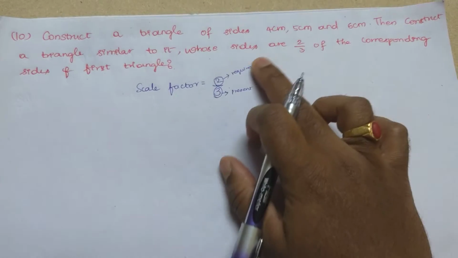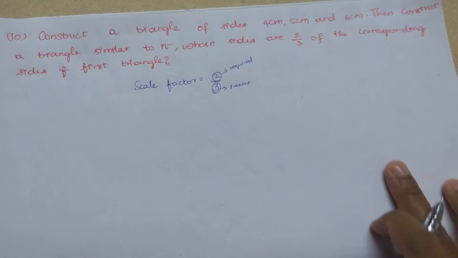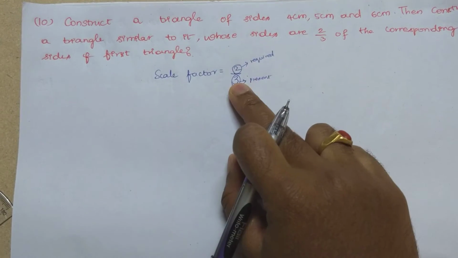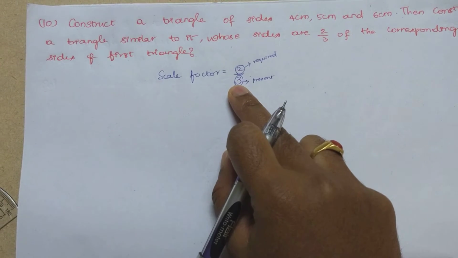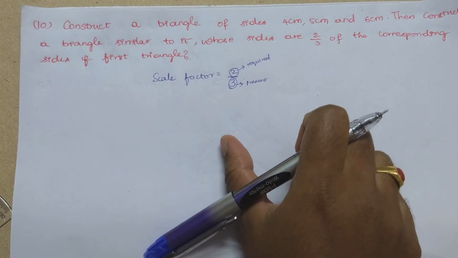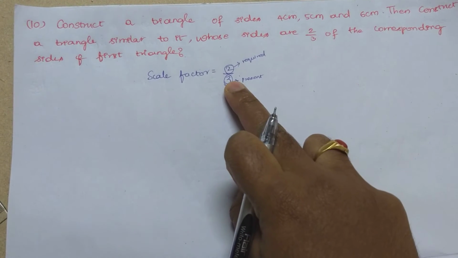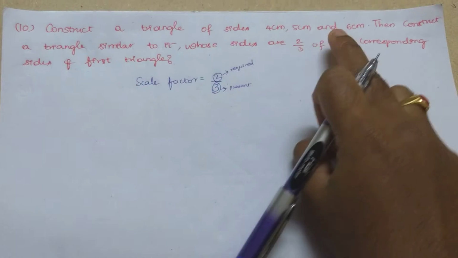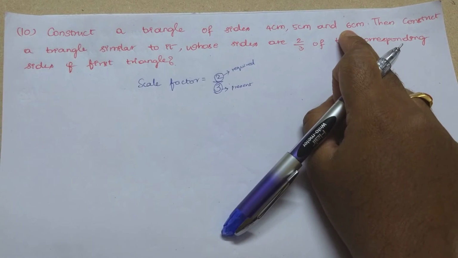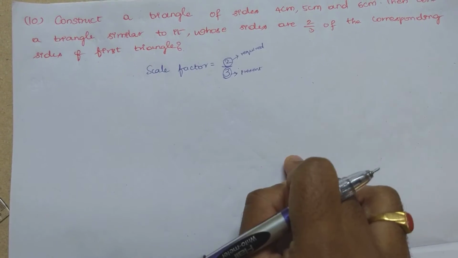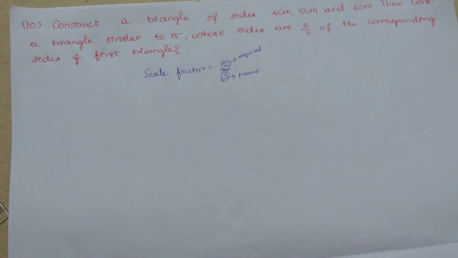First, let us construct a triangle with these three sides. Here I'll explain a small logic. The denominator is 3. Just try to make the base of the triangle a multiple of 3. Here, 6 is a multiple of 3. So what do I do? For the triangle base, I will take 6 centimeters directly. Let's do that.